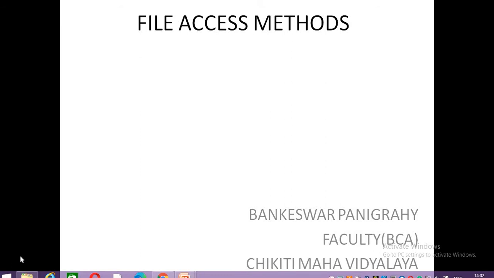File access method means, whatever files are stored in our secondary storage device or in databases, how can we access those files when we need them, or what are the different types of ways for accessing the files inside the database or inside the secondary storage device. That is discussed in this topic about file access methods.